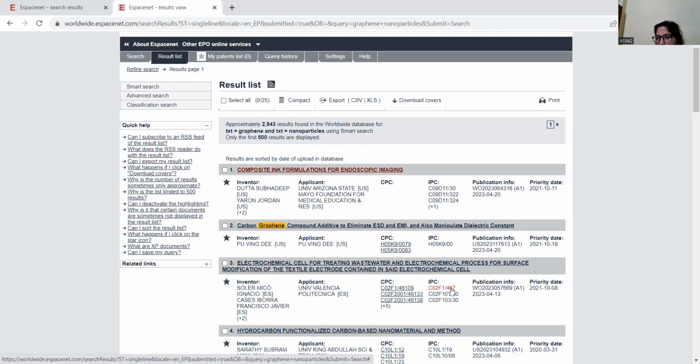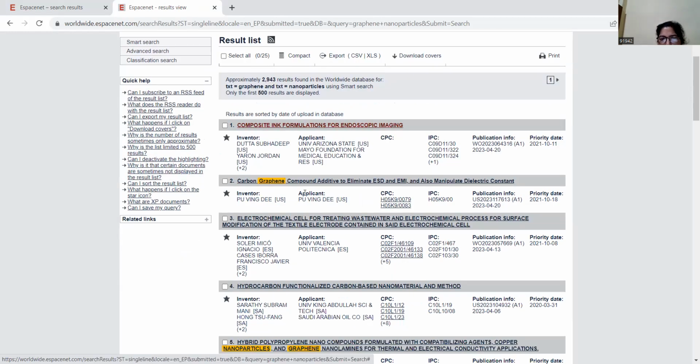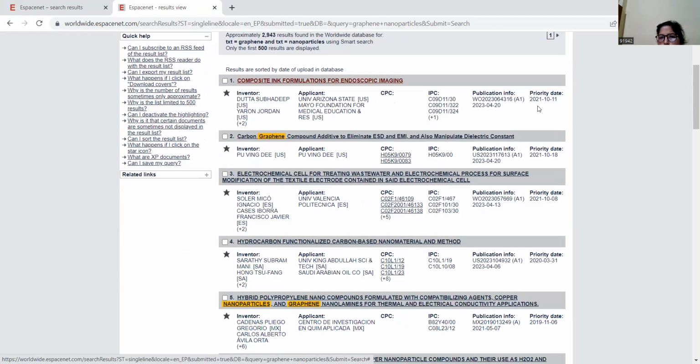I've shown you in the first SpaceNet site. So here again the composites, ink formulas. When we see the results, they are displayed in small, you can say, column-like pattern. What information are we getting? The name of the inventor, name of the applicant, some codes, CPC, IPC, publication info, and the priority date. This is small information, or the bibliographic information, in the tabular form, which will be displayed over here. And if we click over here,